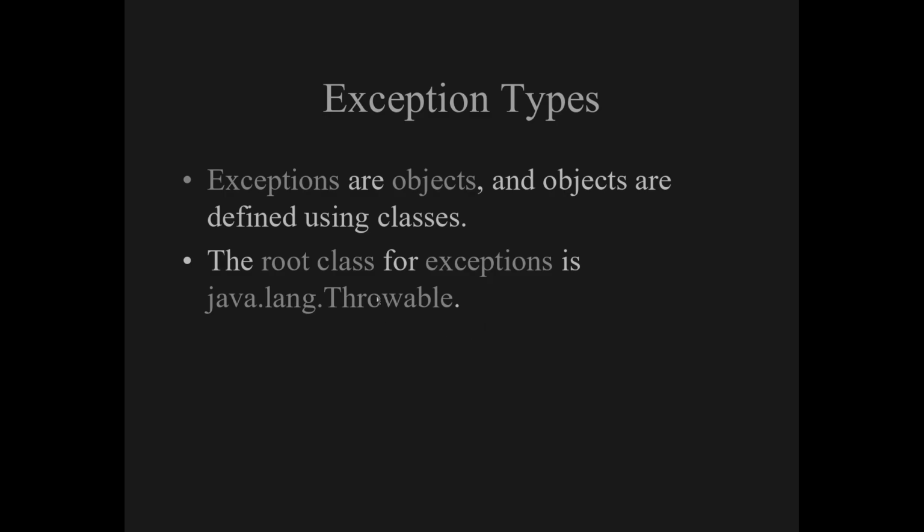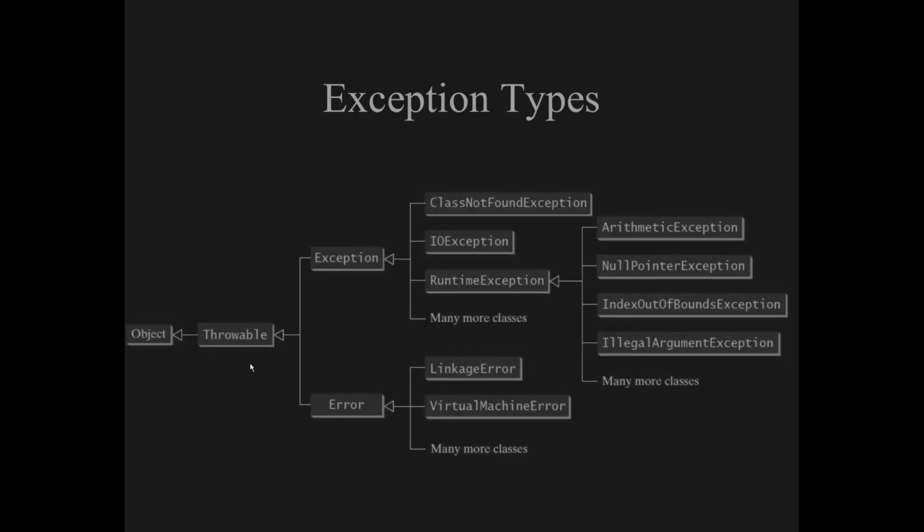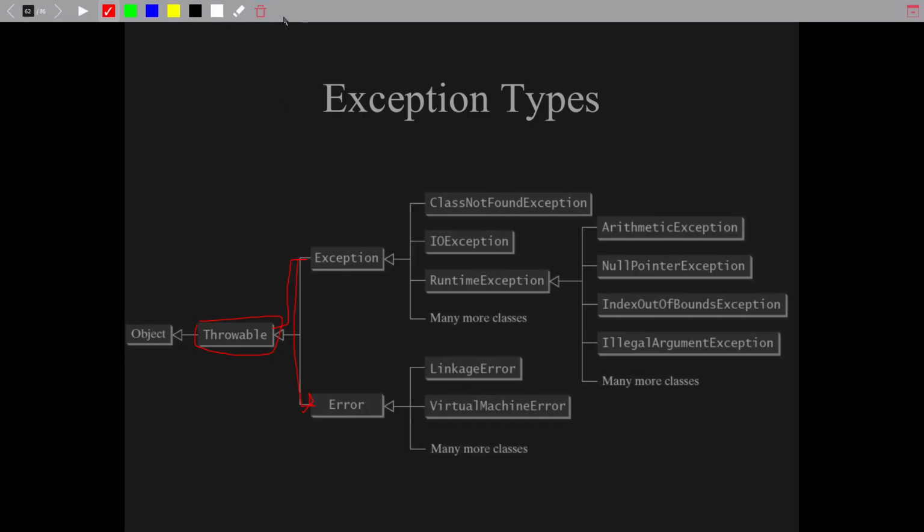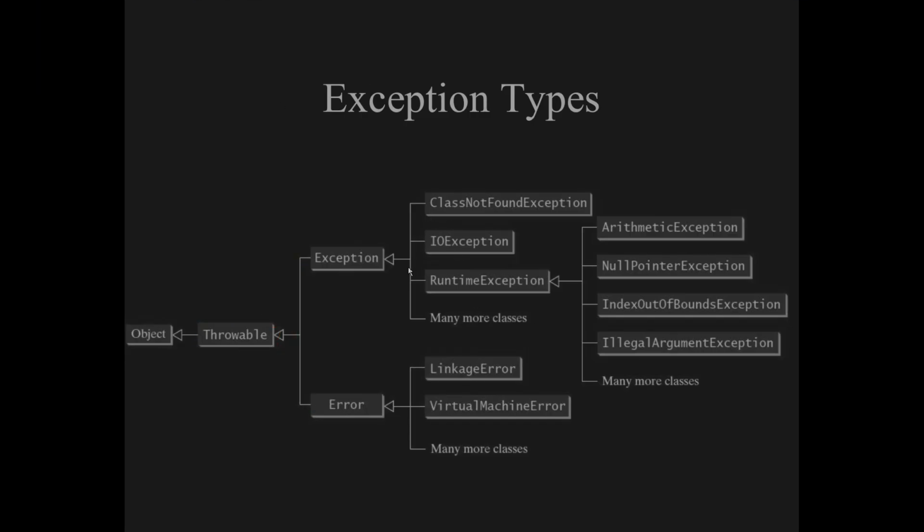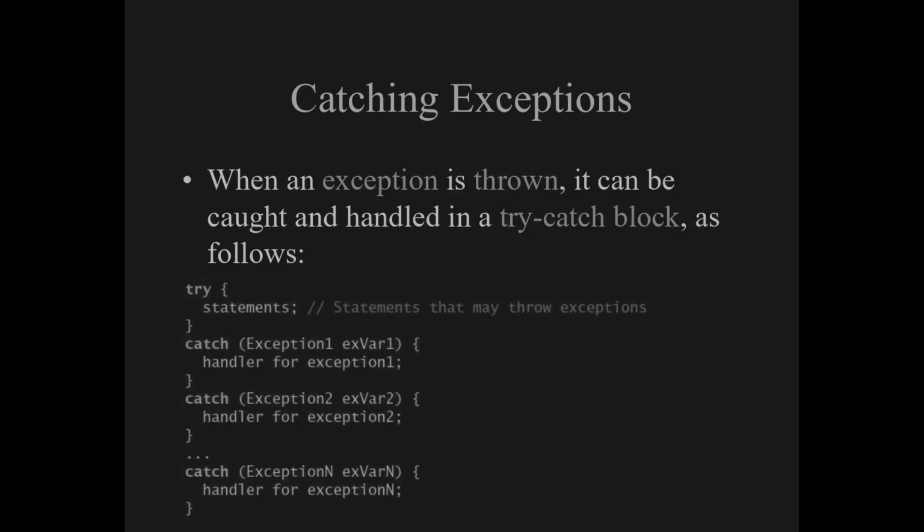Exceptions in Java are objects which are defined using classes. The root class for exceptions is called Throwable. Obviously in Java everything inherits from Object, so that's why you have that on the left here. But anyways, Throwable has two types, exceptions and errors. You have all sorts of exceptions on here. It doesn't really matter. The point is, when an exception is thrown for whatever reason,